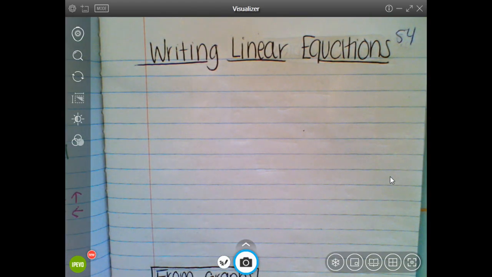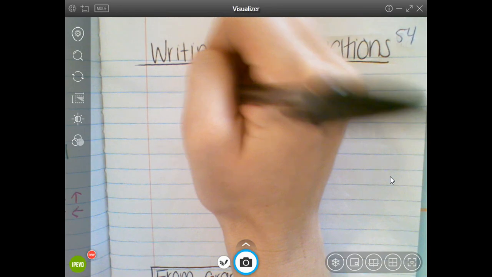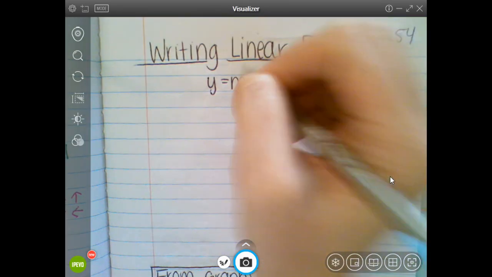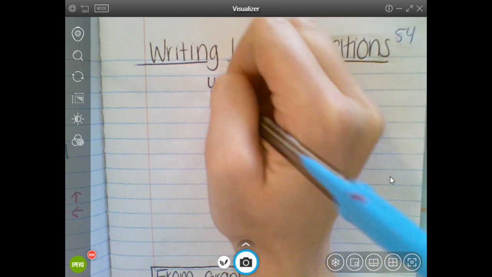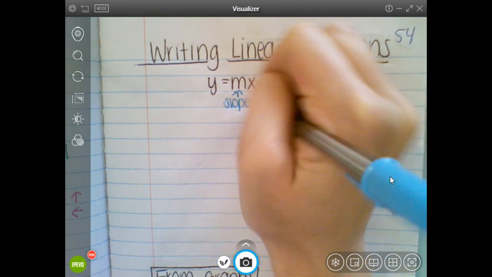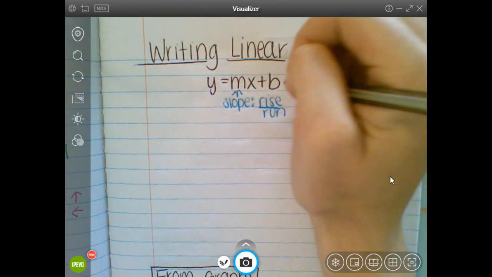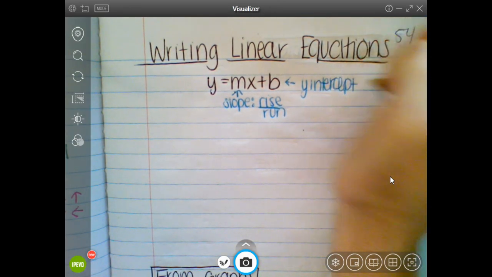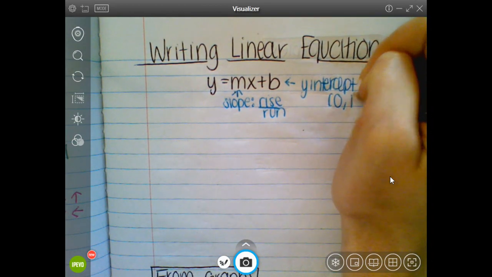Okay, today we're going to be writing linear equations. So the first thing we're going to start with is remembering our slope-intercept form for linear equations, which is y equals mx plus b. And just reminding you that the m represents the slope, which is the rise over the run, the constant change. And the b stands for your y-intercept on the graph, and it's always where the x is 0 and the